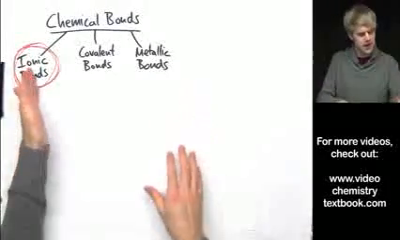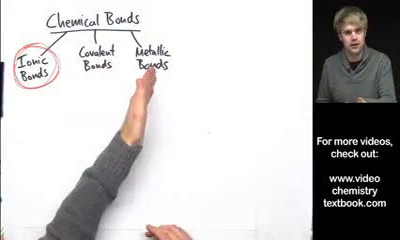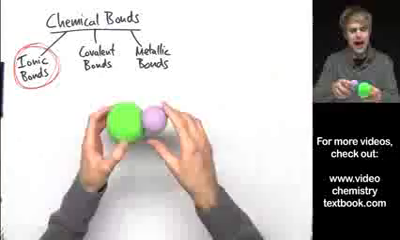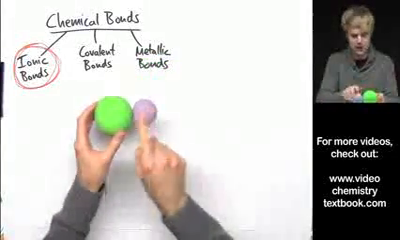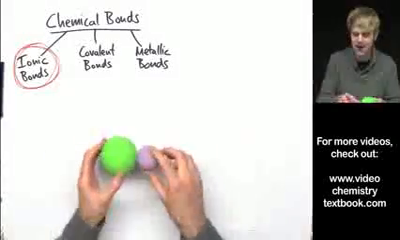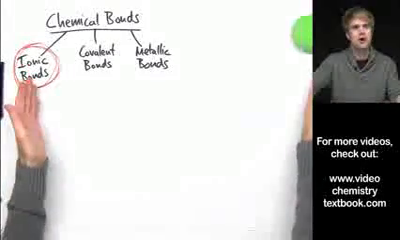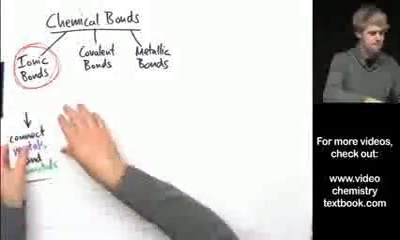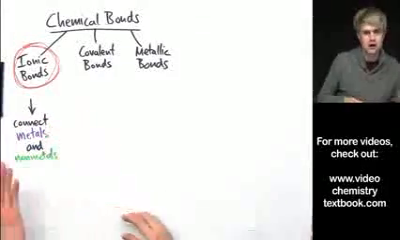So, ionic bonds are one type of chemical bond. Chemical bonds are like glue that holds atoms together. Okay, like here are two atoms that are bonded together. They're connected. They're glued. Now, ionic bonds are the type of chemical bond that hold together metal atoms with non-metal